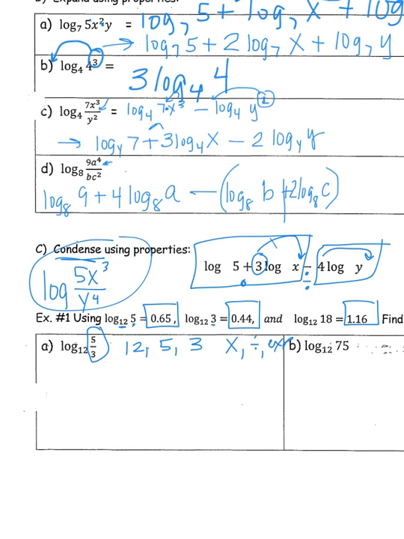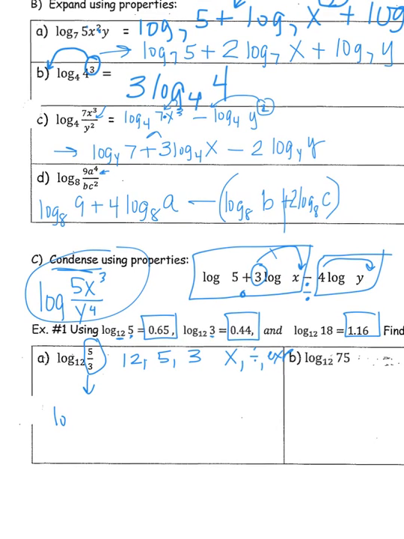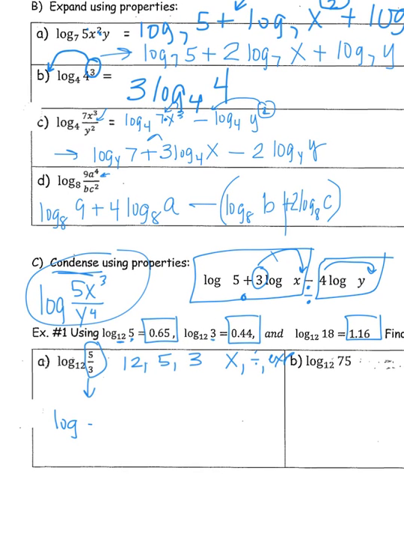of the fraction. Well, if you look, 5 and 3 are already 2 numbers that I'm going to use. So we're going to split it using properties, and we're going to go log to base 12 of the first one minus log to base 12 of the second one. Well, if you look up above the problem, log to base 12 of 5 is 0.65. And we're going to subtract log to base 12 of 3 is